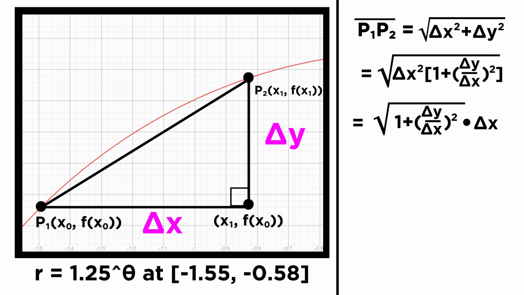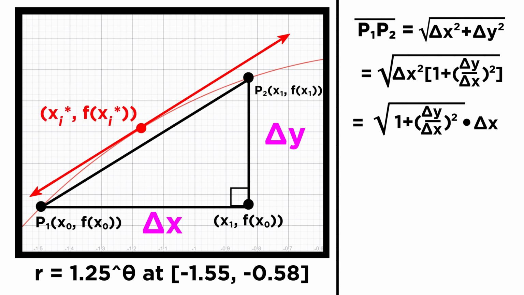Now, let's use the mean value theorem to get a better approximation. According to the mean value theorem, there has to be a point between our closed interval from A to B that has a tangent line equal to the secant line between the two endpoints. We will label that point x sub i star, f of x sub i star. This turns our equation into the square root of 1 plus f prime of x sub i star squared, quantity